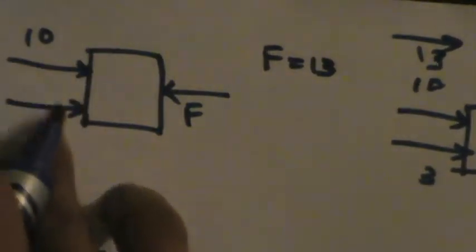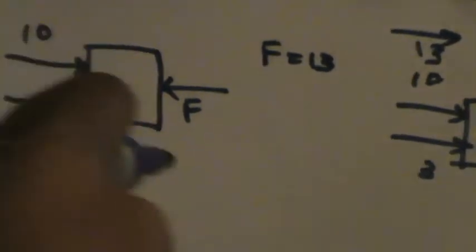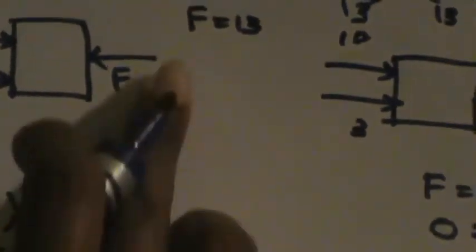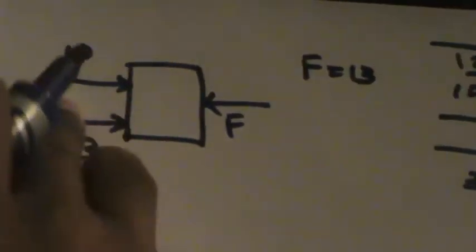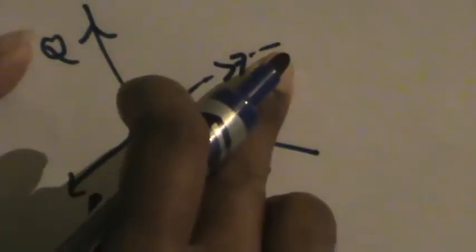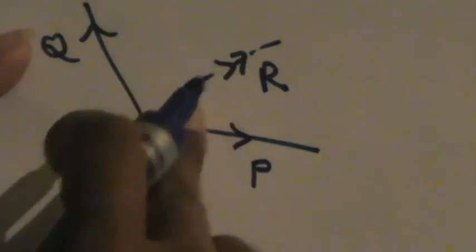So it is similar to this one, where you have a force of 13 here, and here P and Q. The resultant in this direction will be R, similar to the resultant of this force, which is 13. To cancel that, you have to put a force of 13 in the other direction. So what I have done here is I have put a force that is equal to R but opposite to R and in the line of action of R.